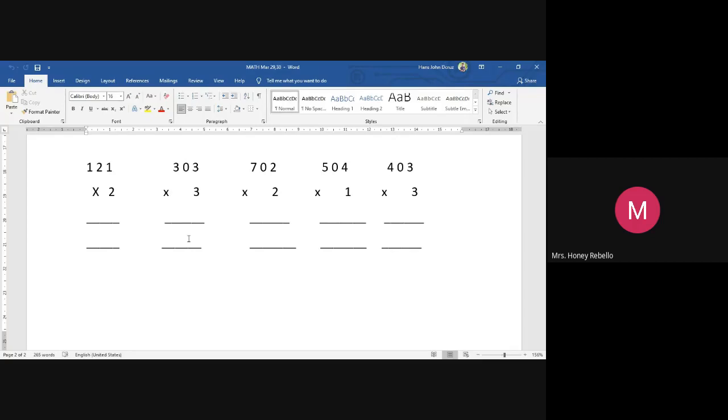7 2s are 14. Very good. So what is the answer now? What is the answer? 1404. I am not giving you the answer. Okay. 1404. Very good. 7 2s are 14. So you are getting 1404. Very good. Now, next person is Kevin Johnson.